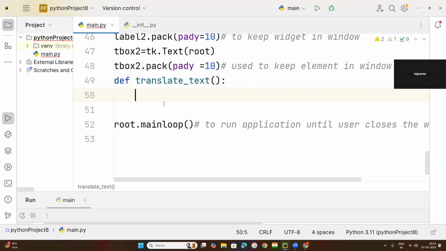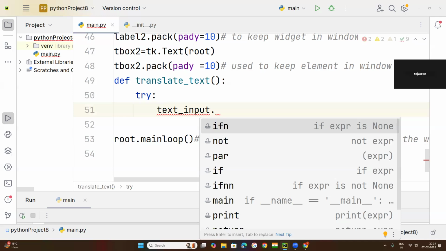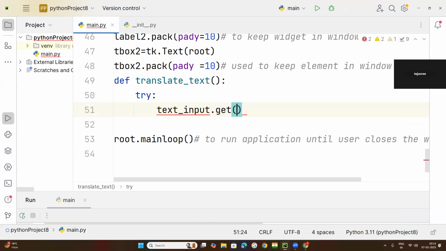First, we will use exception handling, try and except blocks here to handle the errors. Under the try block, if you feel that an error may occur, if any error arises, that is to be kept under the try block. Now try to understand what I'm going to do. That one, text_input dot. I want to use the get method. See here, this get is used to get the input from this input text box, whatever the user